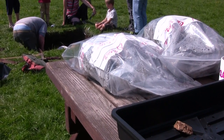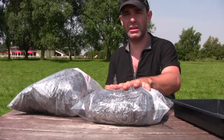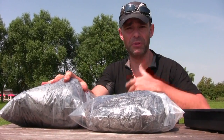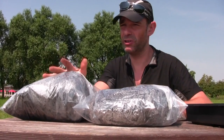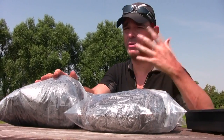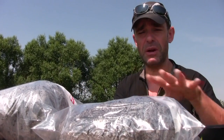One of the points of the project, as well as the archaeology itself, we're also interested in looking at the deposits that the archaeology sits within, so particularly the organic deposits of the peat. The peats are very important, partly because they preserve the archaeology, but they also preserve other information about past environments, about prehistoric environments. So the sort of things we're talking about are the plant remains that make up the peat,